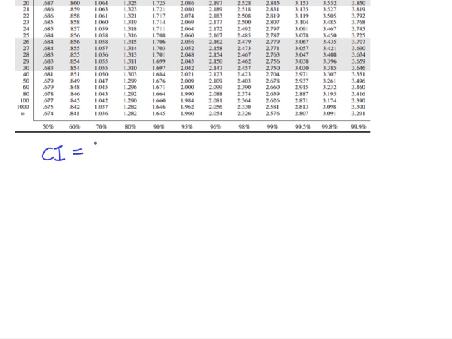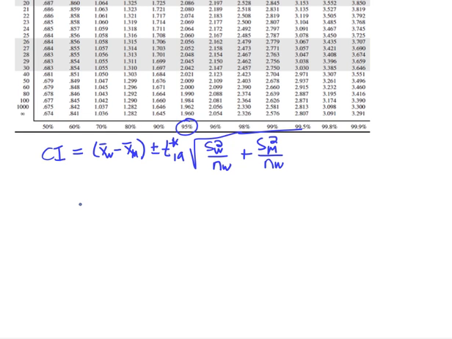That's going to be the statistic, which I think we said was the women's average minus the men's average, plus or minus our t star. We're going to do 95%. So t star with 19 degrees of freedom right there, and then we're going to have the standard deviation that we had before, which is like the women's squared over the women's number plus the men's squared over the men's sample number. So I think that's going to be what? It's going to be